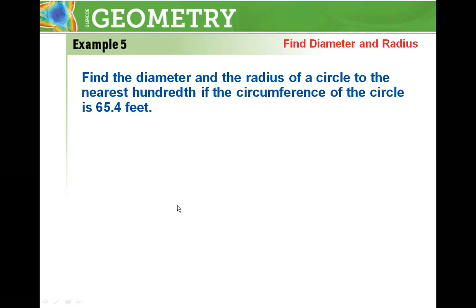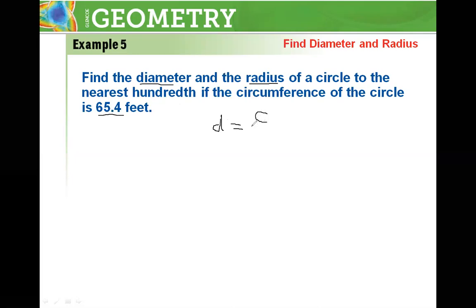Okay, I need to find what? The diameter and then the radius. If we find the diameter, we divide the diameter by 2 and we get the radius. And our given information, he gave me the circumference equal what? 65.4 feet. So I need to find the diameter. As I said, the diameter equals